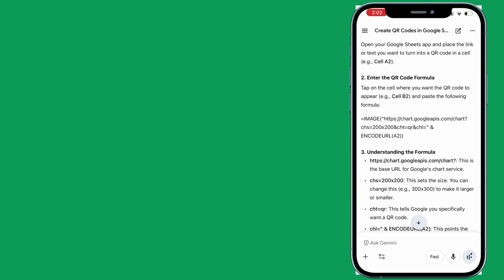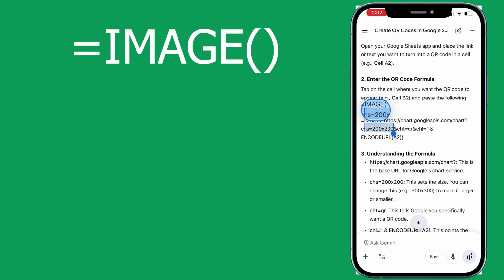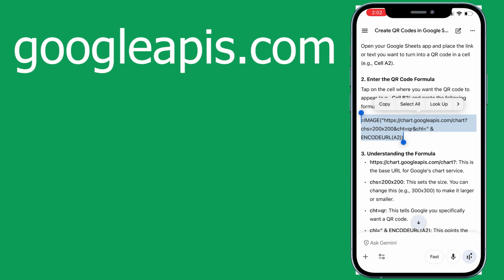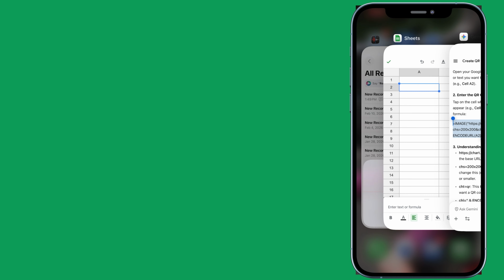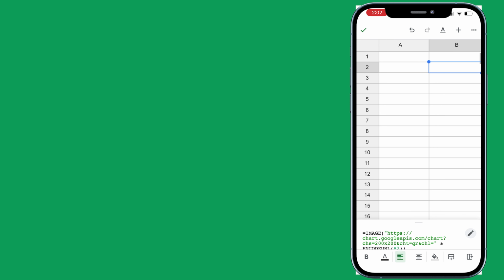So what I would recommend is copy the formula. And again, it's an image formula, and it goes out to a website and it brings back the QR code. So you'll see that's in A2. So I'm going to paste here, and it says loading,